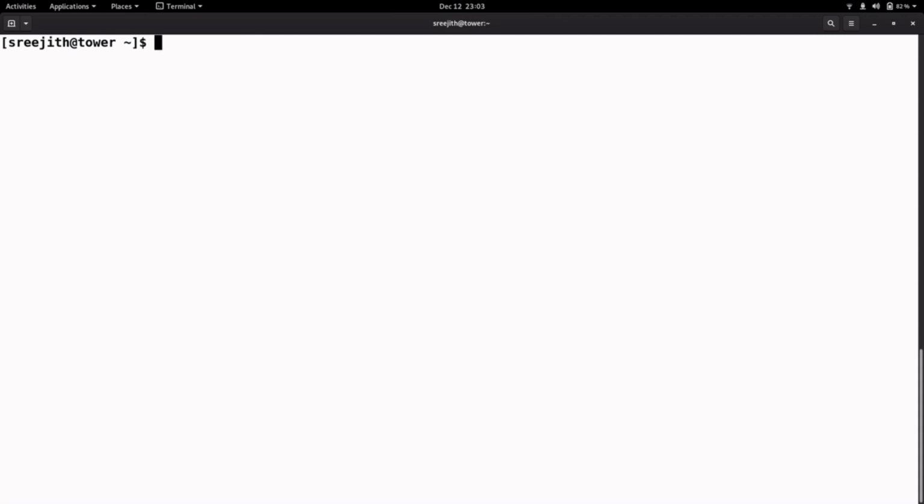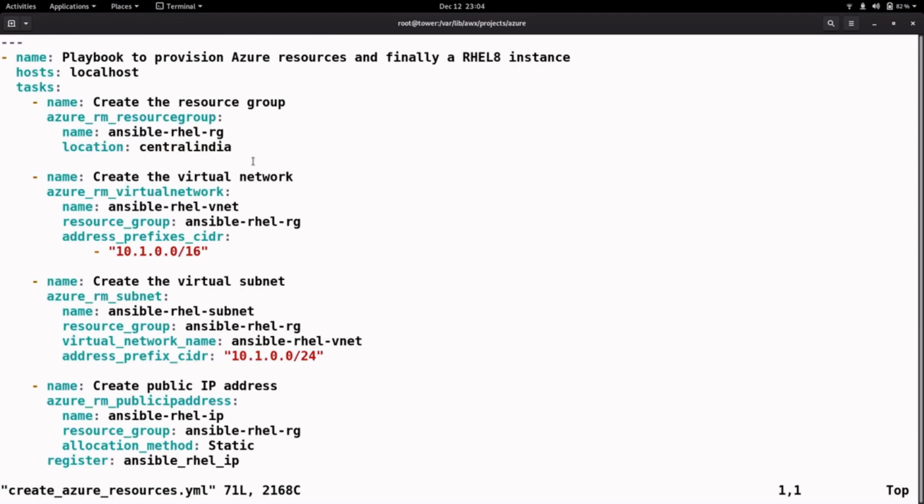I can log into this machine as user Srijit because that was the username which I actually gave in the playbook. So if you look at the playbook, you remember we created the playbook with one task wherein the username was Srijit with a password Red Hat 1 exclamation.